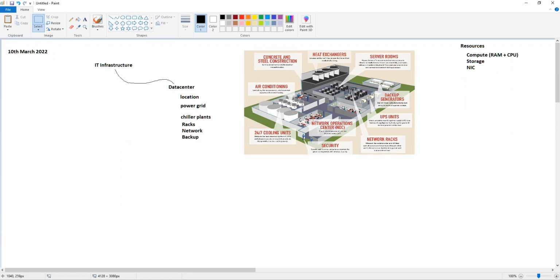Whatever you have, it has a very massive impact. The heat exchangers, the cooling systems, the air conditioners have a very massive impact on global warming, because they are emitting a lot of gases which are not friendly to nature. So they're constantly working to make it as eco-friendly as possible. One of the efforts is that Microsoft recently tried planting their data center beneath the ocean, or beneath the water, I would say, under the river. They did that experiment, and it worked quite well. I think they ran it for years.